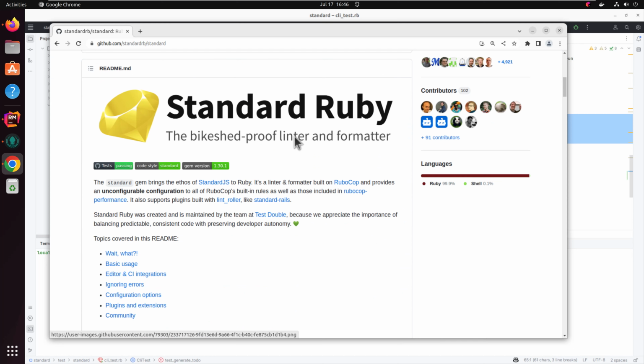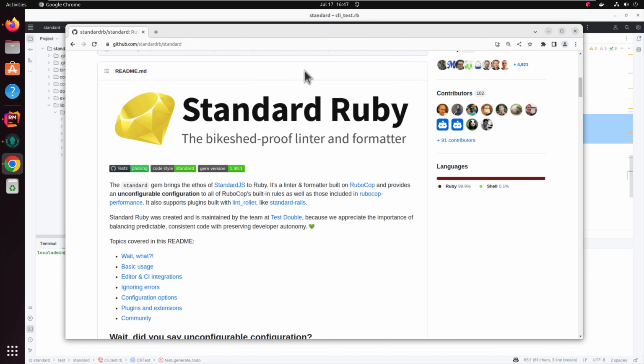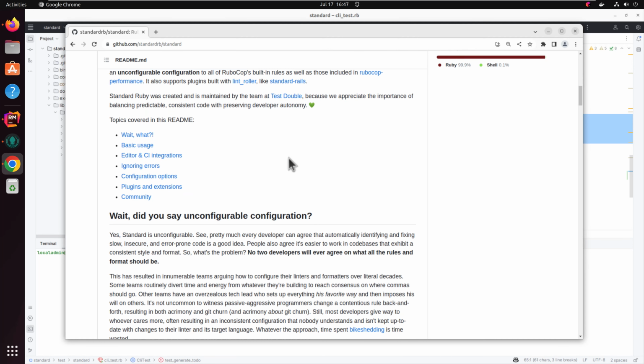A linter just helps format the code and tells you where you might have potential typos or formatting errors, stuff like that. And I really like the standard Ruby linter over Rubocop because it has a really nice set of built-in defaults. Where Rubocop is very strict and it's really hard to write a real application using Rubocop's default rules. The standard one just has a bunch of rules that I agree with,